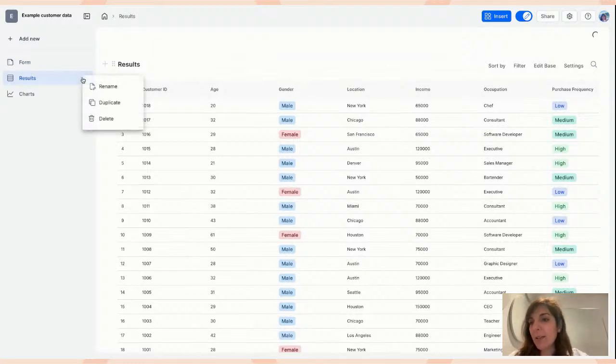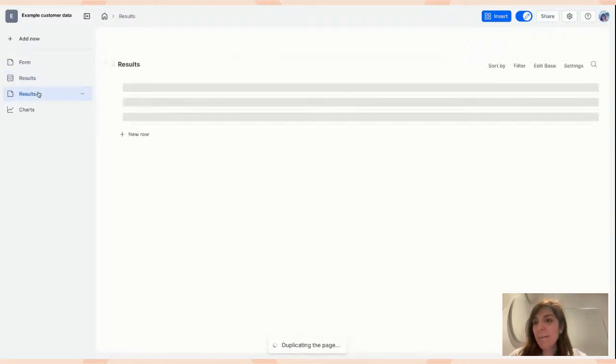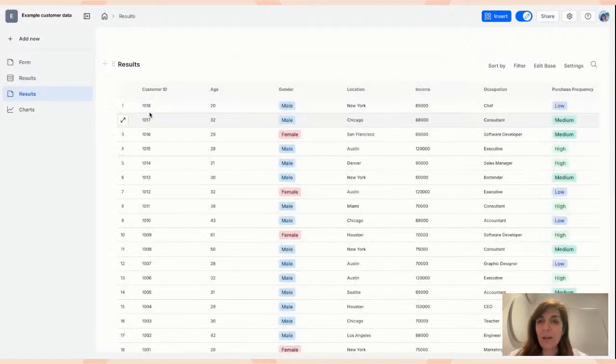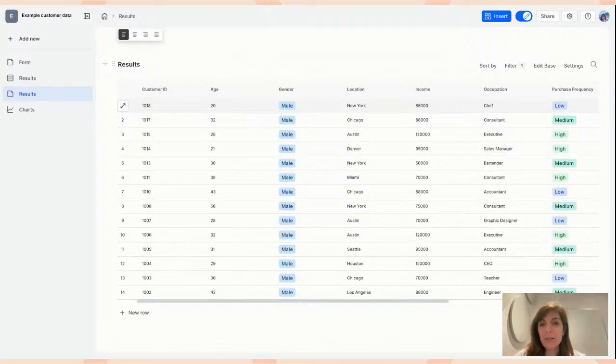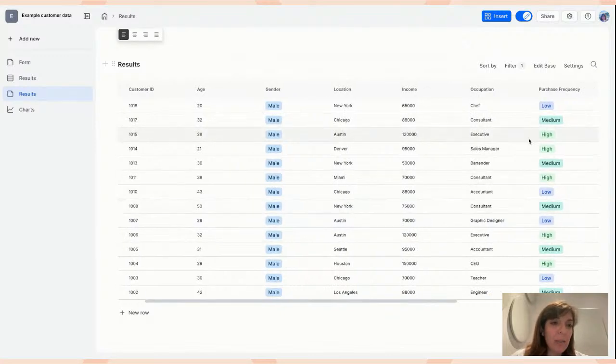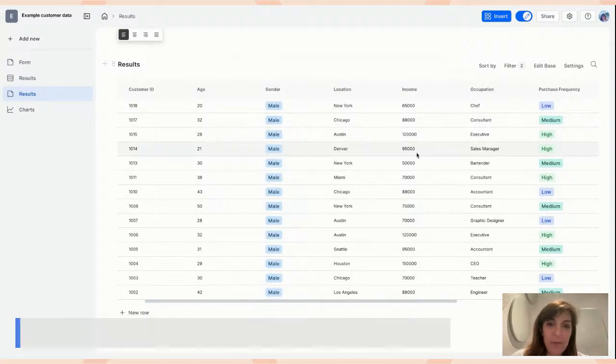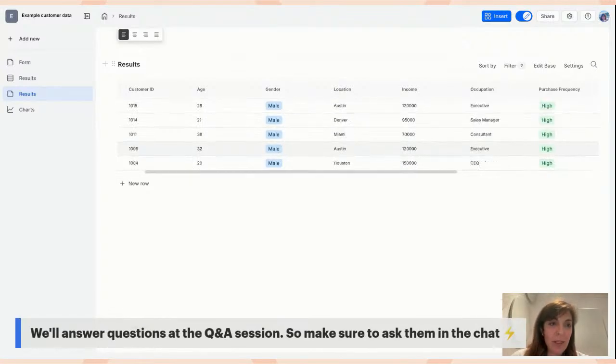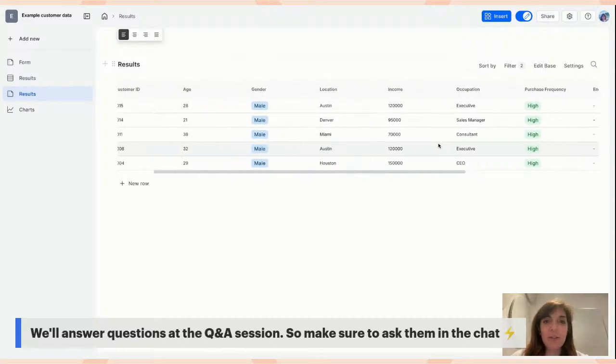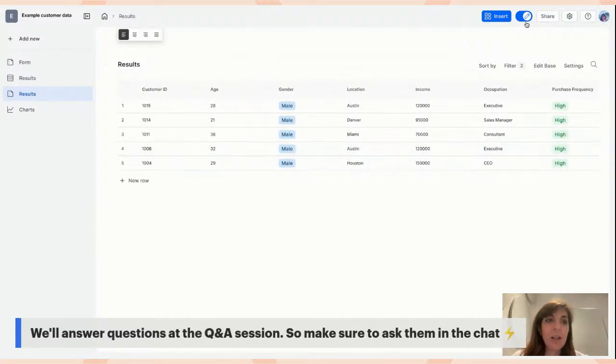For example, you can duplicate this page. This page is showing all of the customers. You can duplicate it, and it will create a copy of this. So now here I want to segment my customers to male customers, because I see they are most of my customers, and I want to segment it into high purchase frequency. So now I have a filtered view of my data, and you can save it.